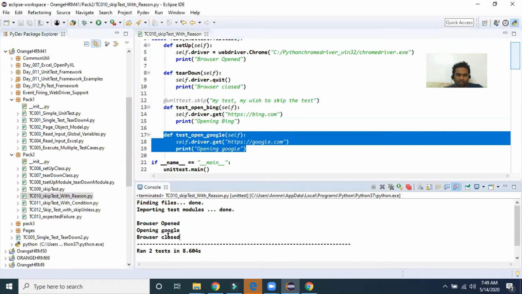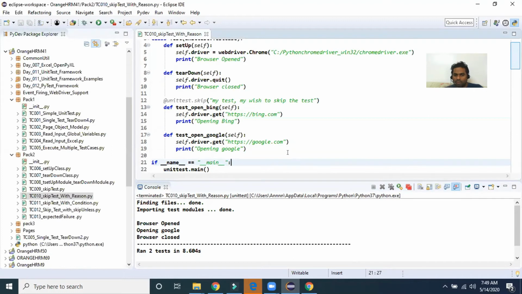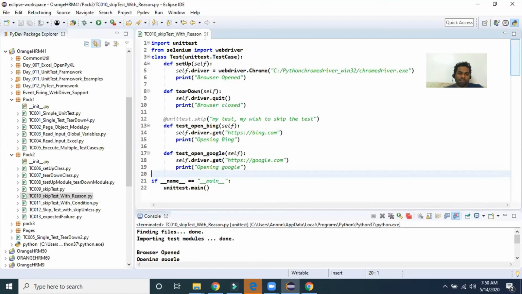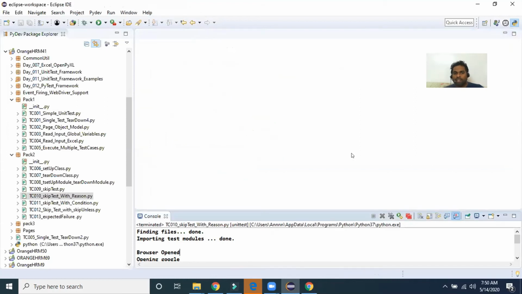So if you are able to see the log, if a test case is skipped, then setup and tear down for that test case will not get executed. Okay, got it. So in skip test with reason, the test will be completely ignored, along with setup and tear down.